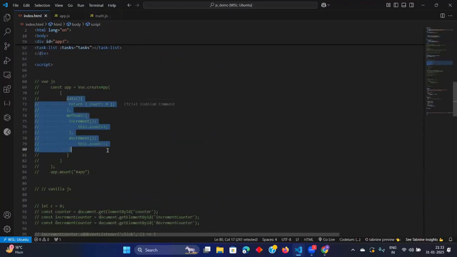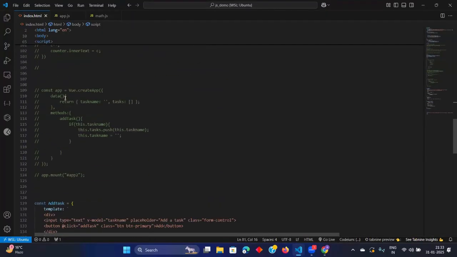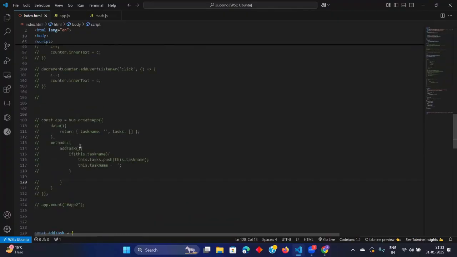This is all the same as what you are seeing now in the .view files, this increment decrement thing. If I show you this data, methods, add task, you see this add task thing is similar to what you are doing. Now you can do the same thing, just create a .html file, open that .html file and you can even show contents like this. Let me uncomment this.